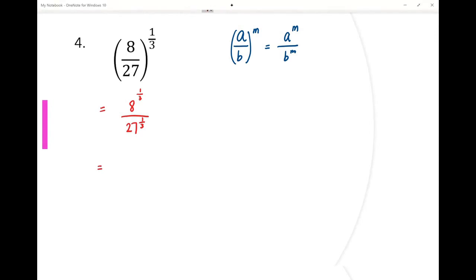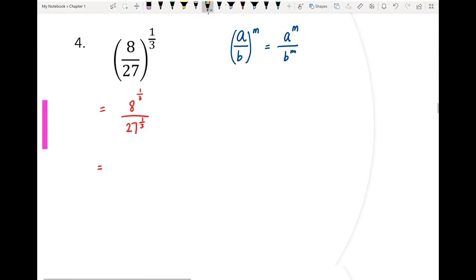What can I write about 8? 8 is actually 2 power 3. The powers outside remain the same. And this 27 here can be written as 3 power 3. And the power outside is still the same. So now solving it, I'm going to get,